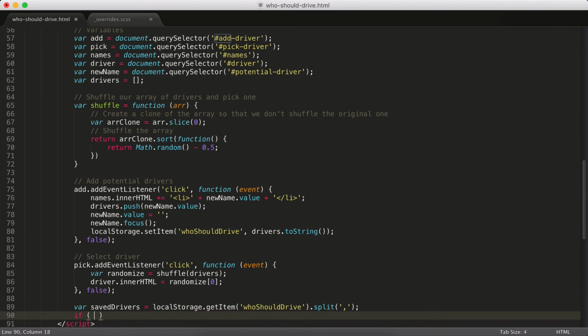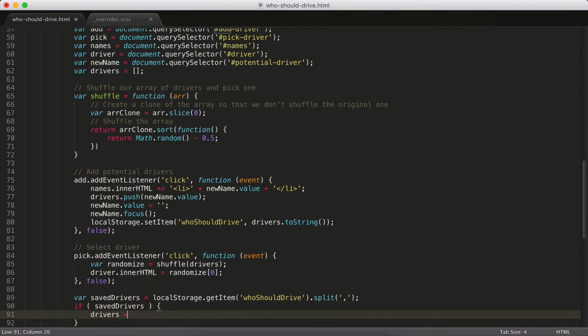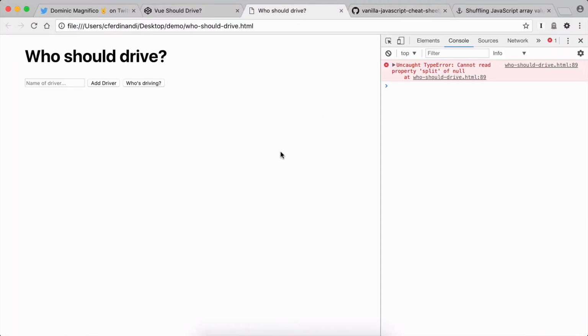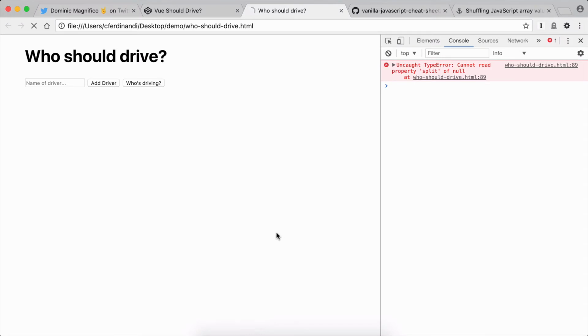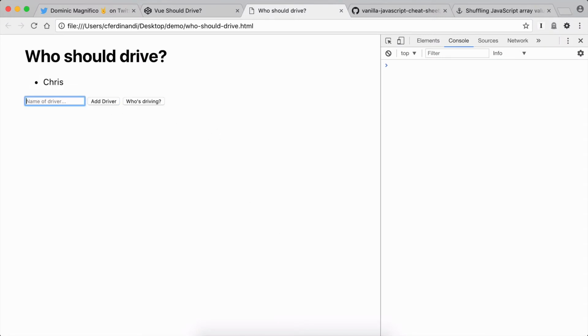So if savedDrivers exists, then we're going to update drivers to savedDrivers. If not, it'll just be an empty list. Split of null. Okay, so let's remove that. Okay, there we go. Cool. All right, so now if I go Chris,